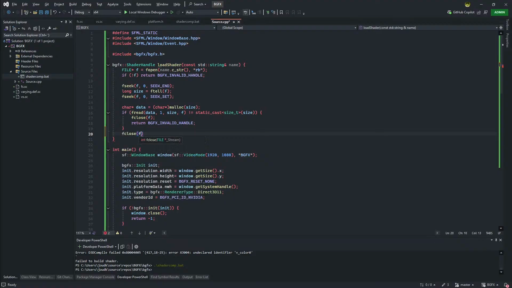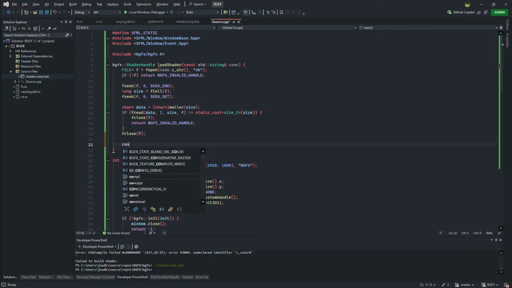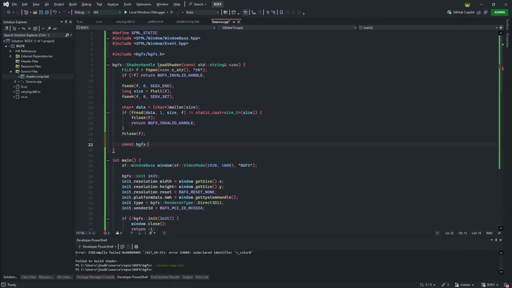And we just create const bgfx memory pointer memory equal